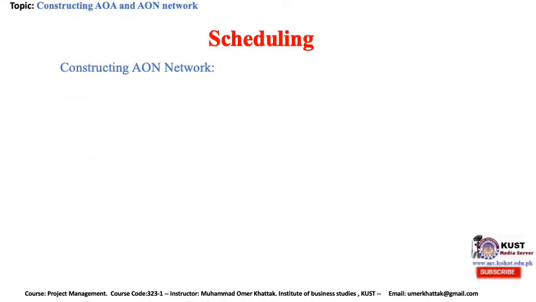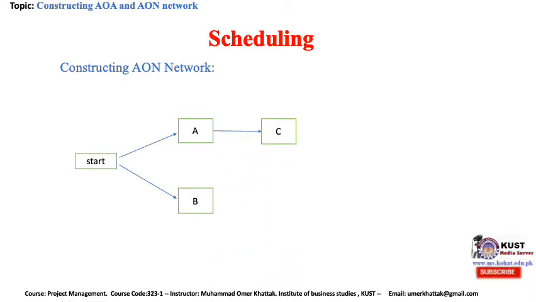Now, let's construct the activity on node network from the action plan that we just studied in the previous slide. We begin with this node called start, and activities A and B have no predecessor. So we draw arrows out of the start to each of them. The arrowheads only show the direction of the precedence. Activity C follows A, activity D follows